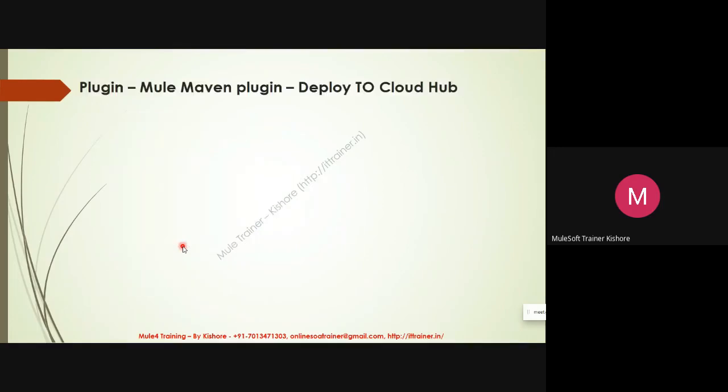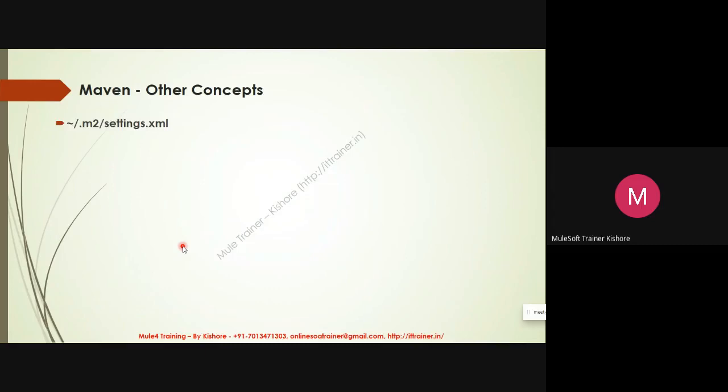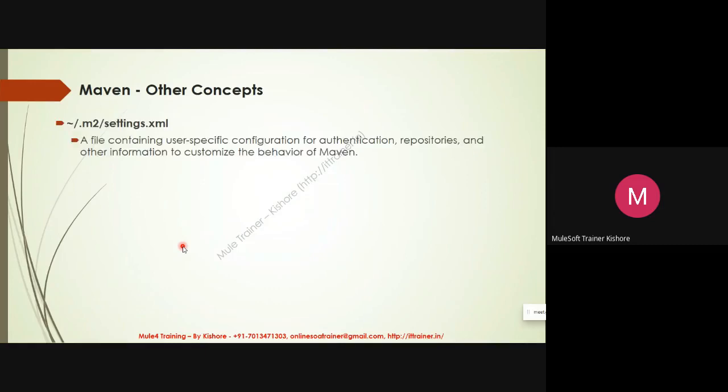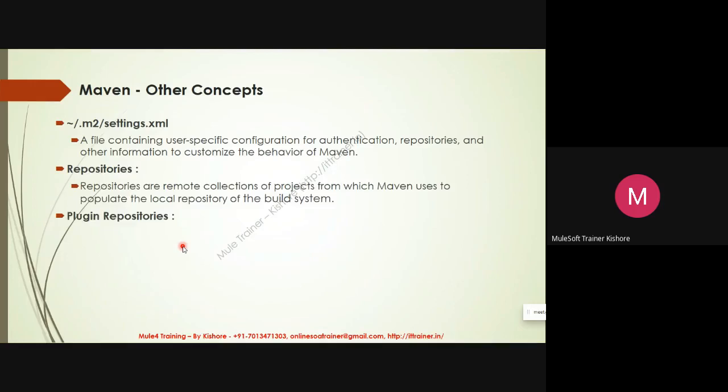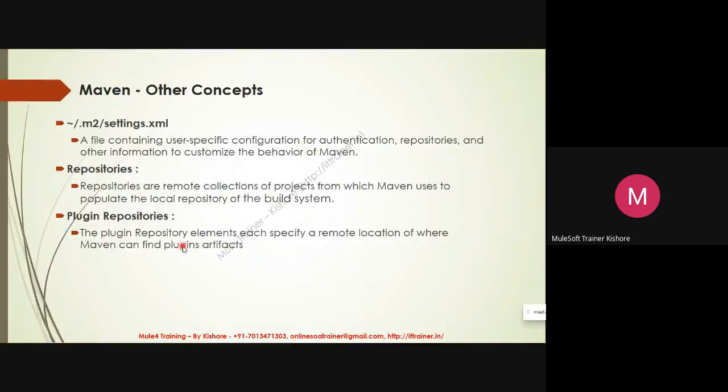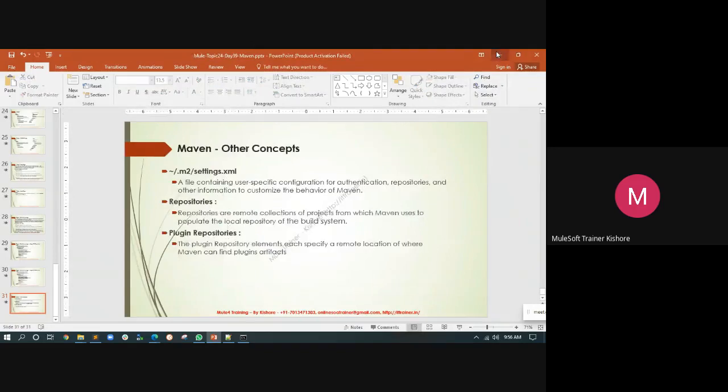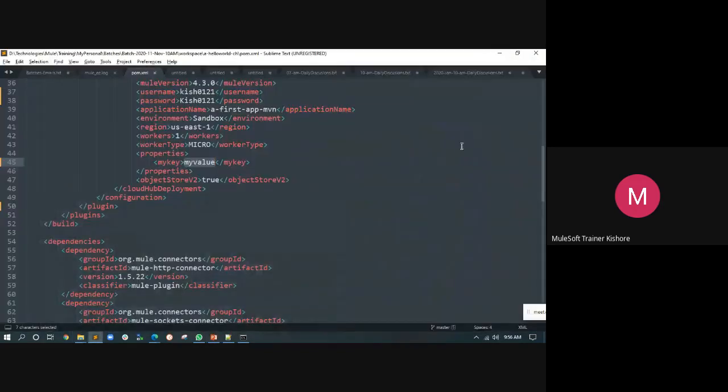Why this slide is duplicated? Okay, somehow it's duplicated. And then other concepts you have to learn, just concentrate on the settings.xml and concentrate on the repositories, plugin repositories, and learn all these things to make sure you are perfect in the Maven. So I try to give as much as possible I can in the short span of time.